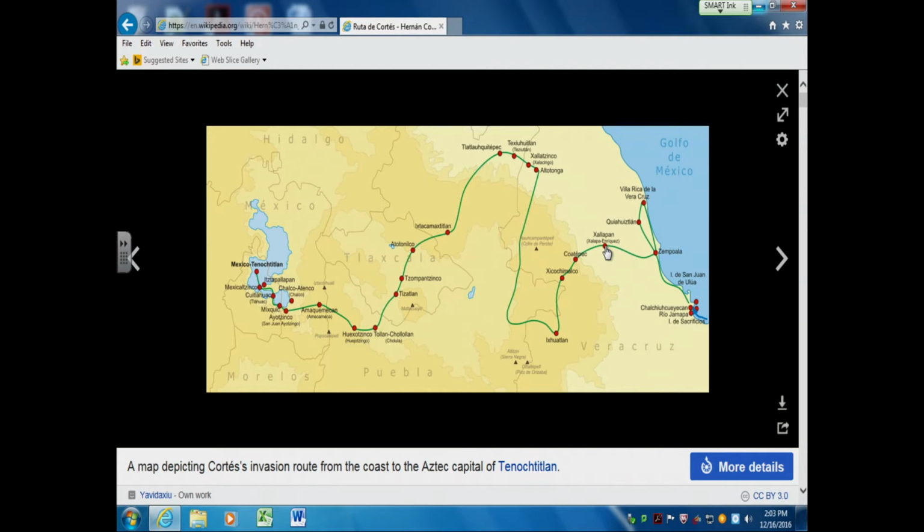Well, it did make Cortez happy, but it made him want more gold and silver. And so he proceeded apace. This is the path that he followed. And on this rather circuitous path, he's picking up allies. He found out from Malinche that a lot of these tribes didn't like the Aztecs because, again, the Aztecs were a little bit unlike the Mayas. They offered human sacrifice, but they didn't sacrifice themselves.